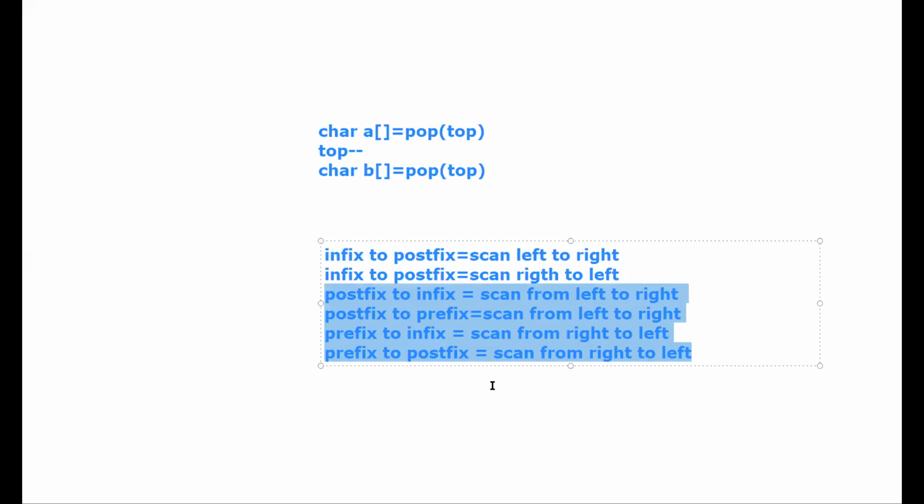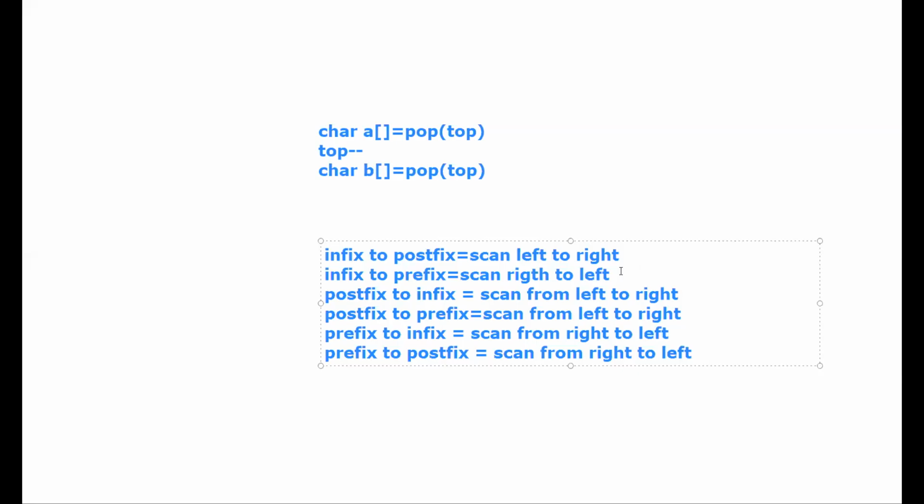So the first two conversions involve pushing the operator into the stack, and for those you look for high priority, low priority. In the other cases you don't check anything at all. The only thing is that you have to pop two symbols from the stack.